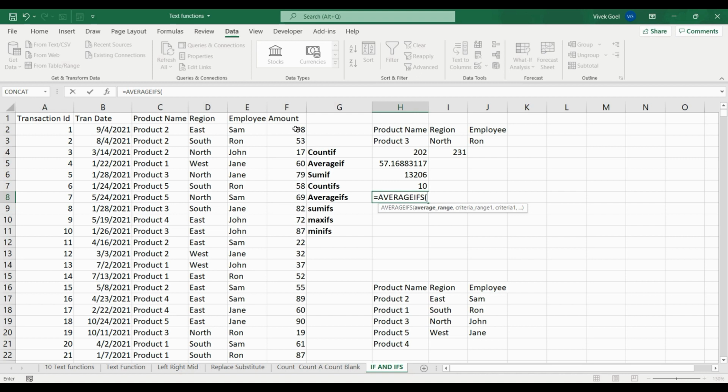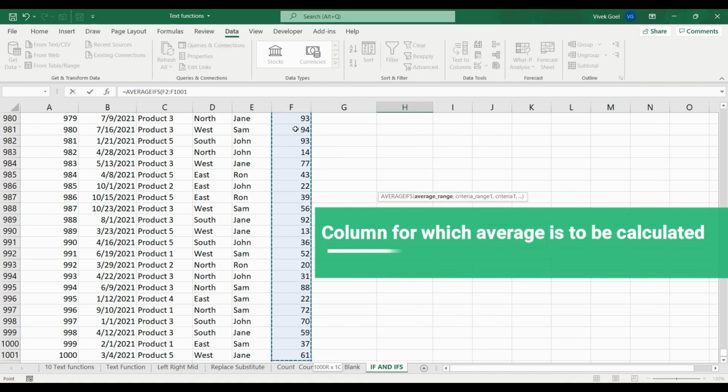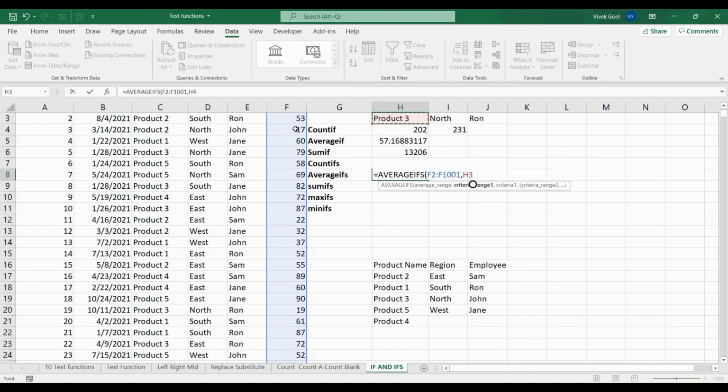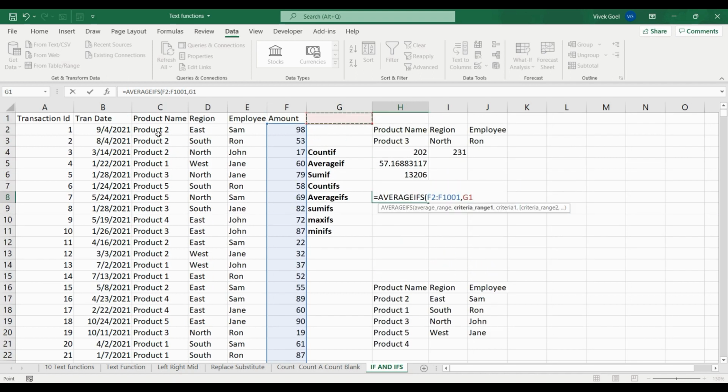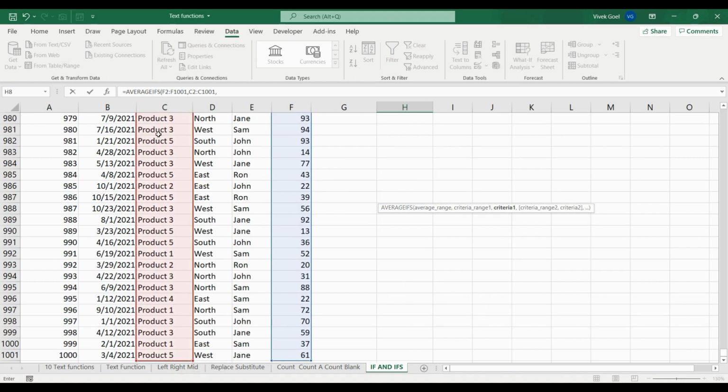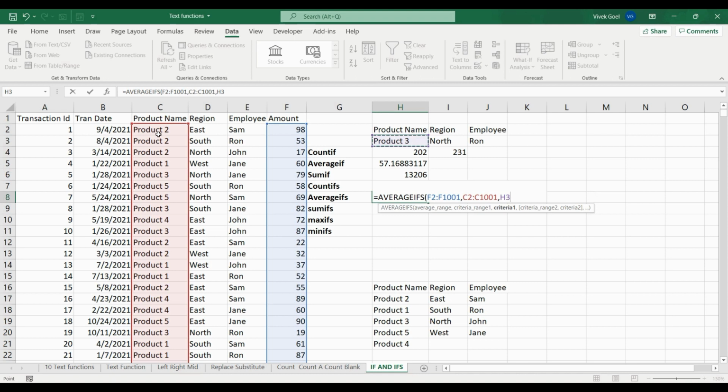For AVERAGEIFS, the first parameter is the average range. Remember, for AVERAGEIF, it was the last parameter. So we will specify amount as the first parameter, and then it's the same. Our first criteria range is product name.